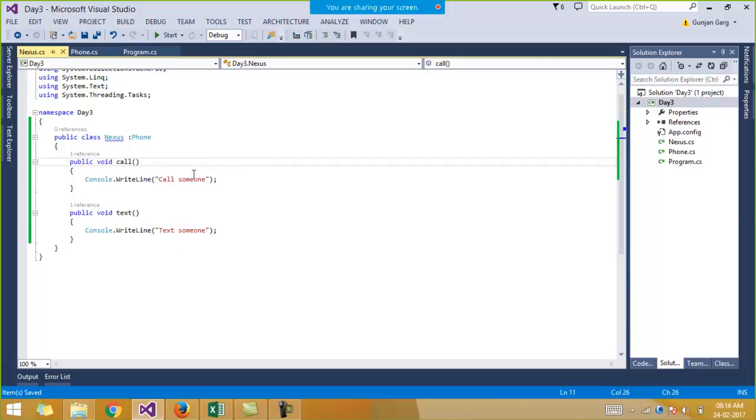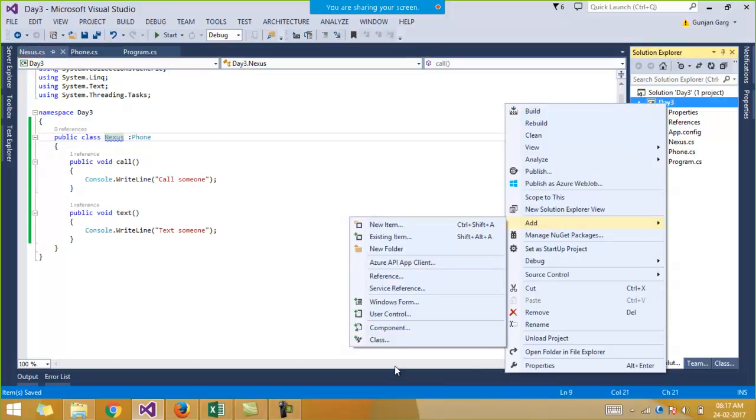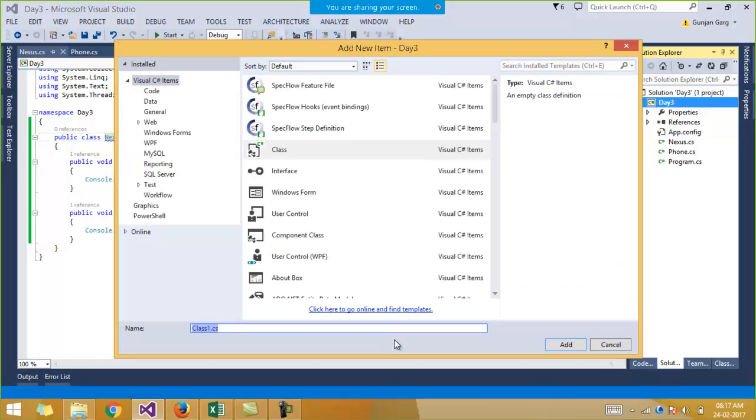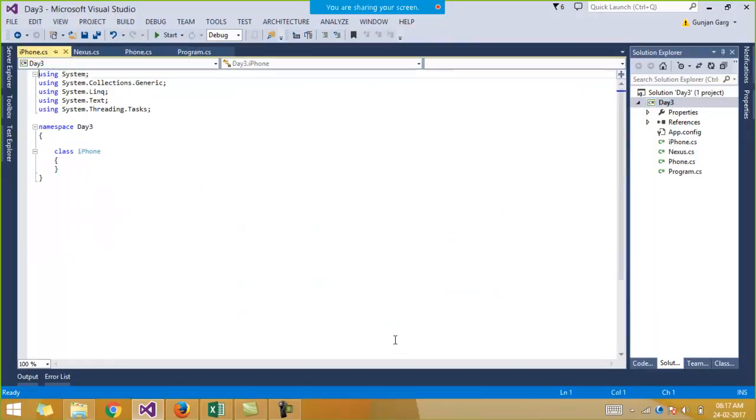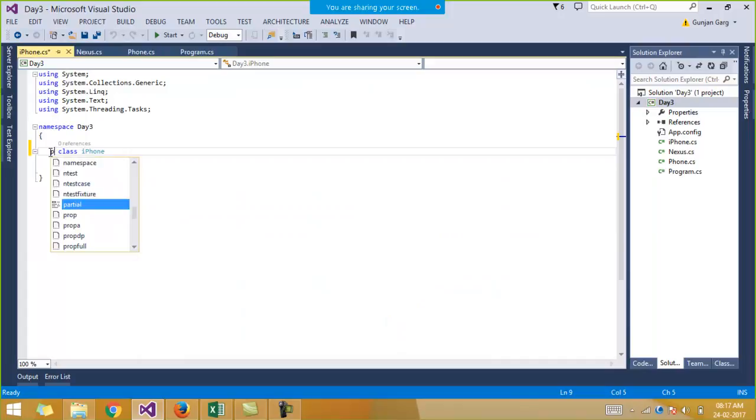Fine. All right. So we have one interface, and we have one class which is implementing that phone interface. Now say suppose I have one more class with me. I add one more class, the iPhone class. Now we all know that iPhone is also a phone, right?